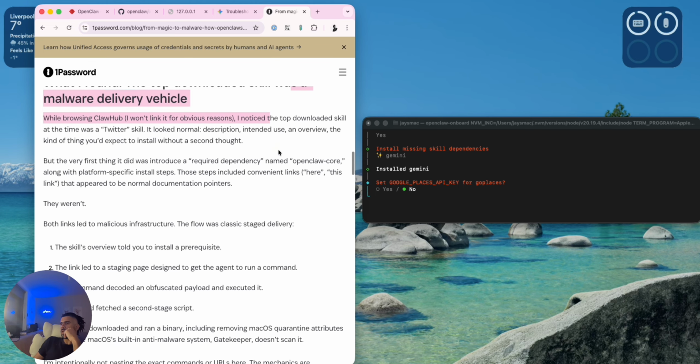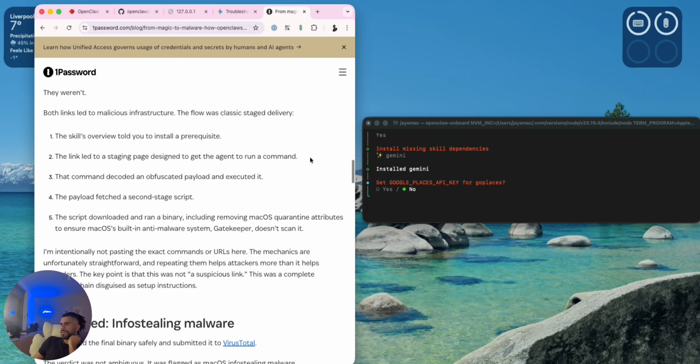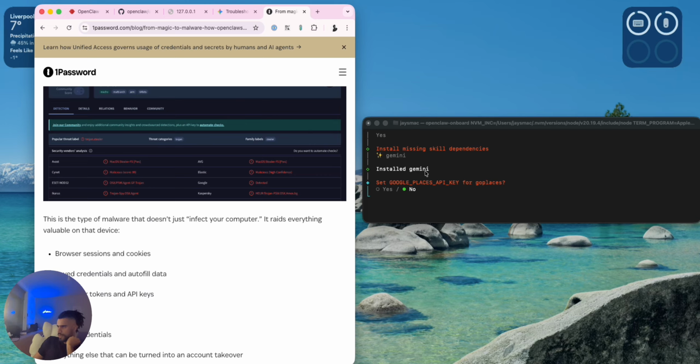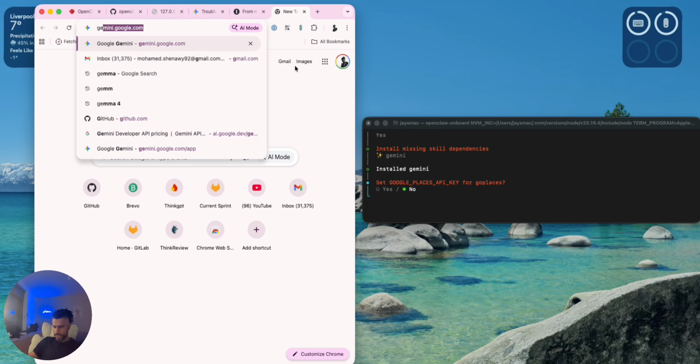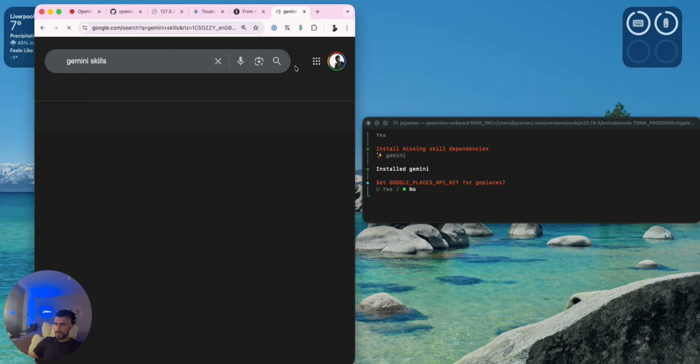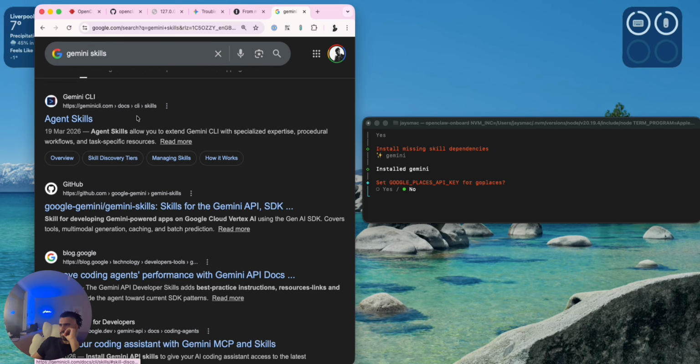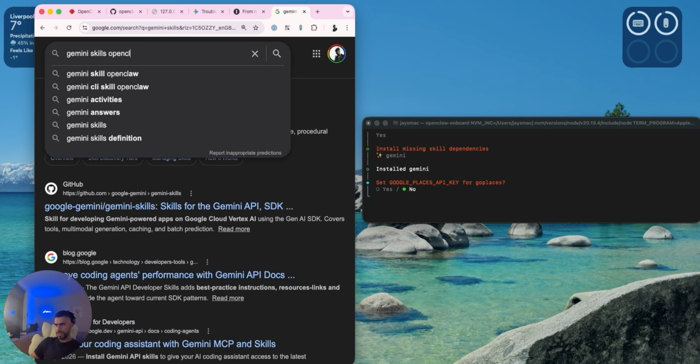Okay, interesting. Anyway, let's get back here to hopefully this Gemini skill is official. Hopefully it's not like some third party. Gemini skills Openclaw. Let's just make sure it's